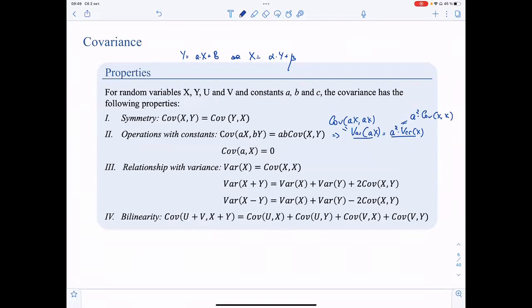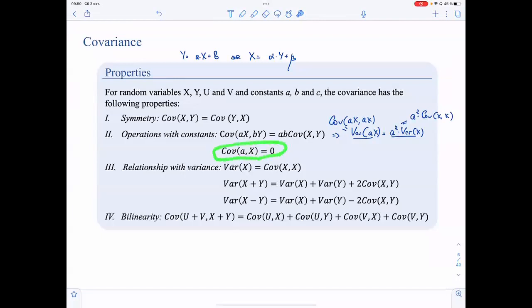But generally speaking, I may say that covariance is a generalization of variance. And because it evaluates the co-movements, co-variations, co-deviations,